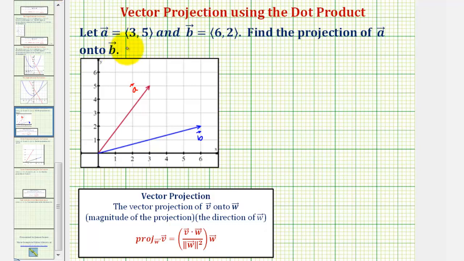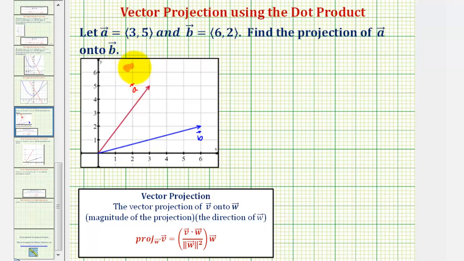We're given vector A and B in component form and asked to find the projection of vector A onto vector B. So there are several ways to visualize this. If we project vector A onto vector B, we're trying to determine how much of vector A is in the direction of vector B. But we can also think of shining a light directly on vector B from above,